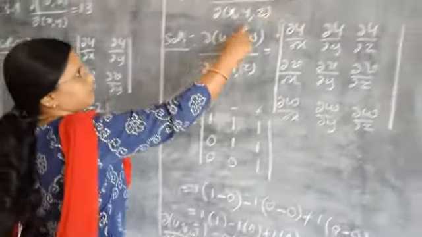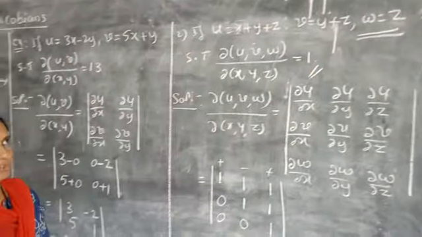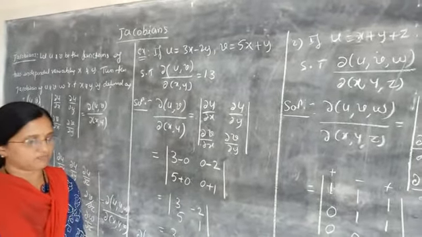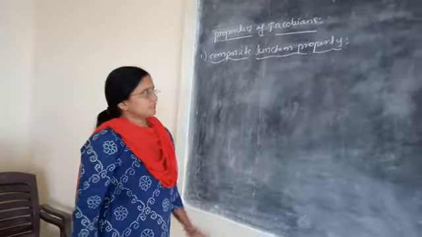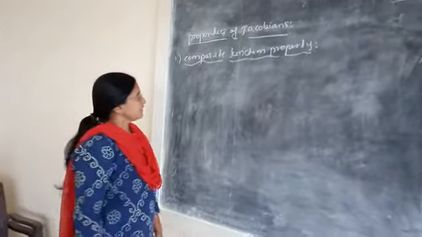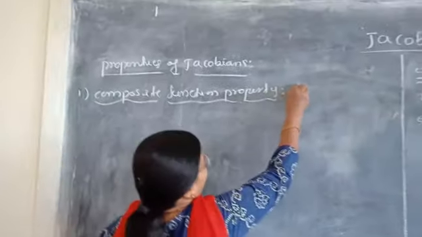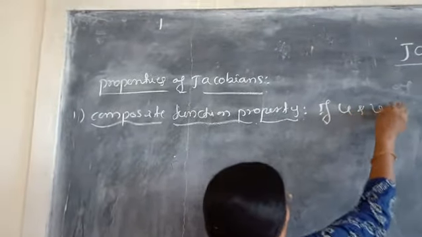So this is the result we proved for the given u, v, w: the Jacobian of u, v, w with respect to x, y, z. Let us take the properties of Jacobians. The first property is the composite function property. In this case, if u and v are